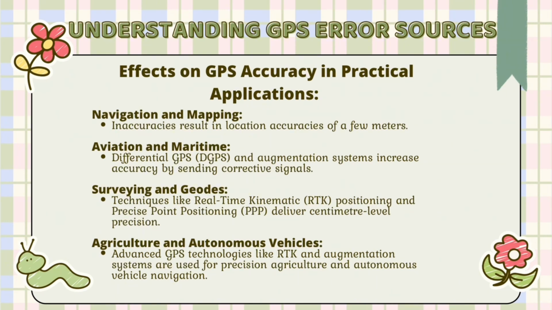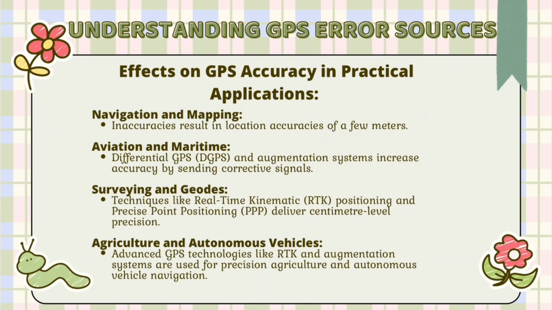First, navigation and mapping. Inaccuracy result in location accuracy of a few meters. Second, aviation and maritime. Precision GPS, DGPS, and augmentation system increase accuracy by sending corrective signal. Third, surveying and geodesy. Technique like real-time kinematic (RTK) positioning and precise point positioning (PPP) deliver